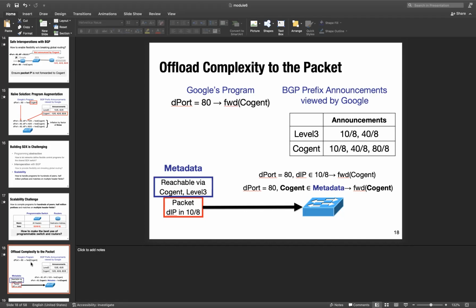So just to be more concrete, we are saying that Level 3 is advertising 10/8 and 40/8, and Cogent is advertising both of them, but also 80/8, right? So if the traffic is coming for 80/8, then it will say it is safe to forward it to Cogent. If it is coming for either of those two prefixes, then it will say it is safe to forward to both Cogent and Level 3. Okay, I'm not saying the mechanism of how, but somehow if we are able to add that meta information